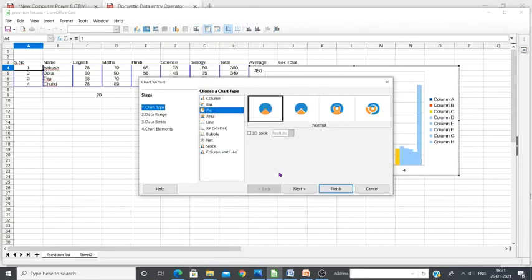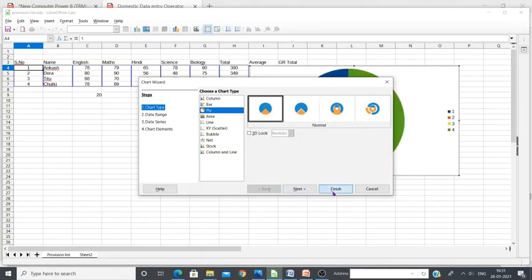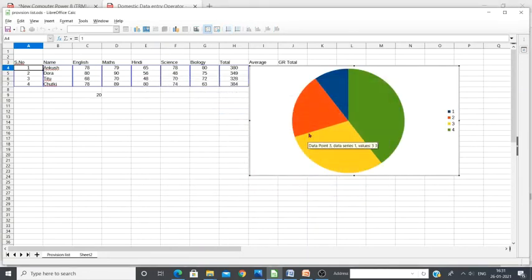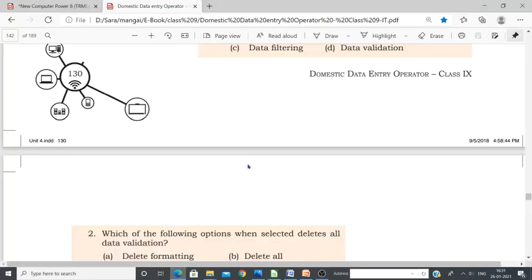If I choose a pie chart, see, this is a pie chart. Roll number 1 is denoted with gray color, roll number 2 with red color, 3 with yellow, and 4 with green color.